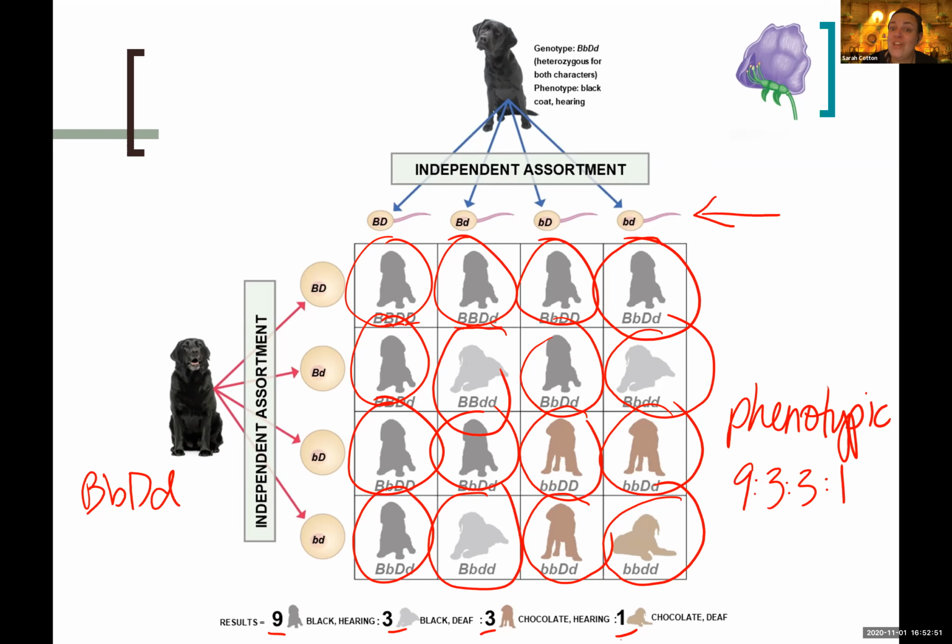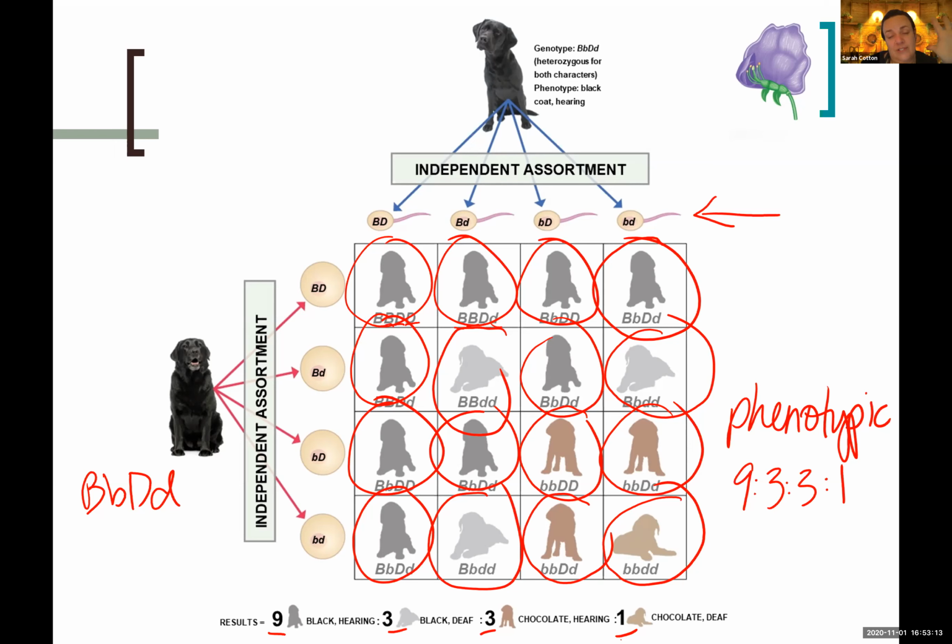So it's a phenotypic ratio, right? There's 9 dogs that have the phenotype of having a black coat and they can hear. There's 3 dogs that have the phenotype of having a black coat but being deaf. There's 3 dogs that have the phenotype of having a chocolate coat, but they can hear. And then there's 1